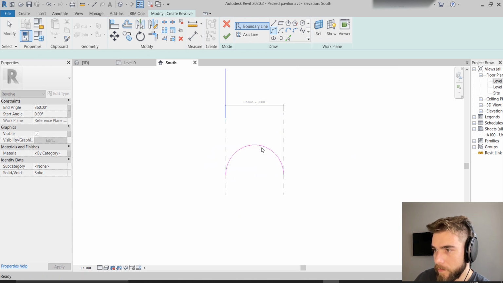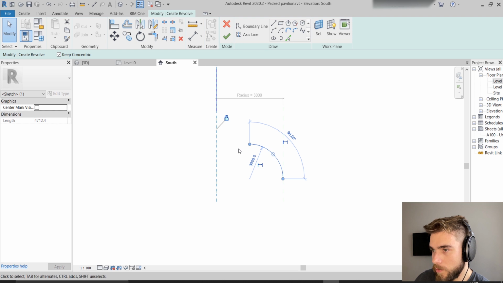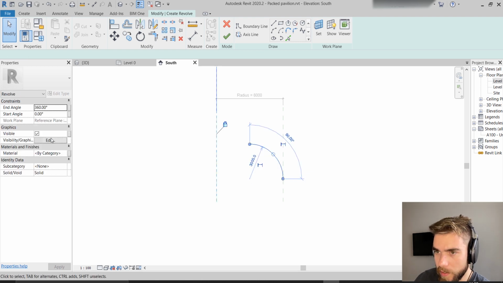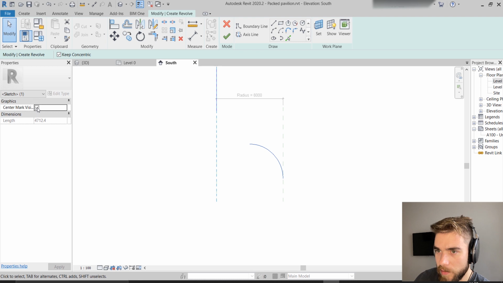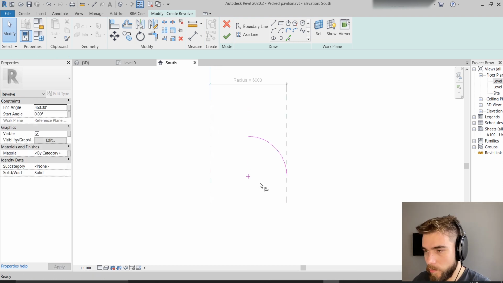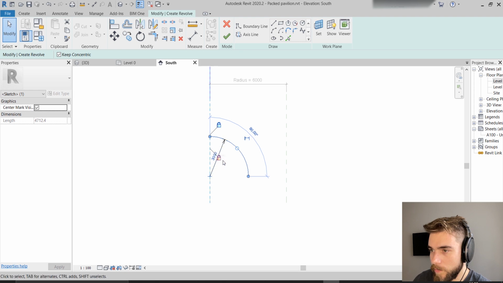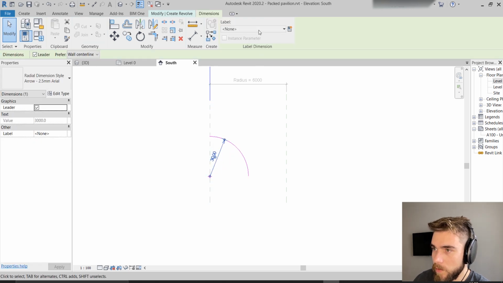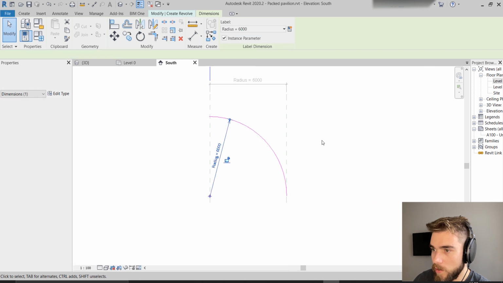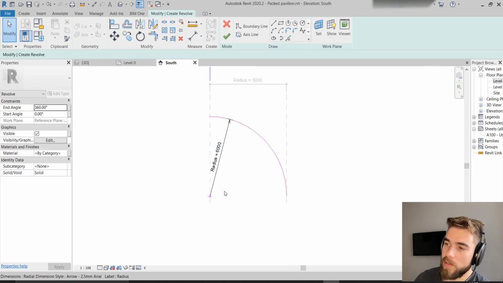Like that. Perfect. Almost. The thing is, I want this arc to be connected to both of our planes. So I can go here, check center mark visible, and I'm going to align it center to that one here and lock it. And then I'm going to make the radius a parameter, and I'm going to connect it to our radius parameter here. Okay, but now you saw that this moved, and we don't want it to move